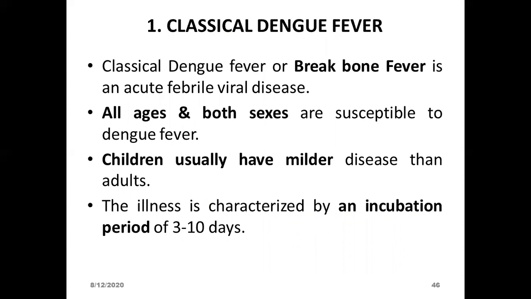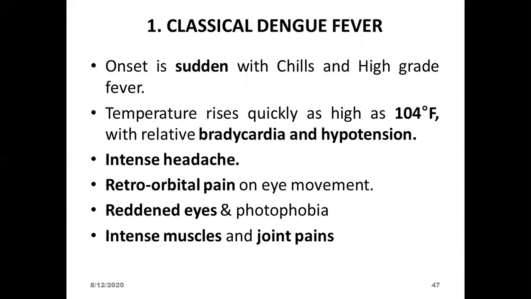So the classical dengue fever is also known as breakbone fever. It is an acute, febrile, viral disease. All ages and both sexes are susceptible to dengue fever. Children usually have a milder disease than adults. The illness is characterized by an incubation period of 3 to 10 days. Onset is sudden with chills and high-grade fever. Temperature rises quickly as high as